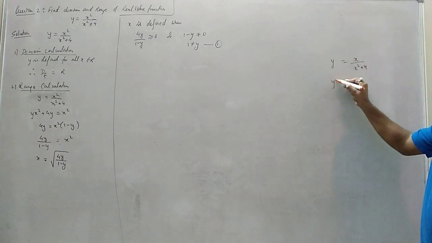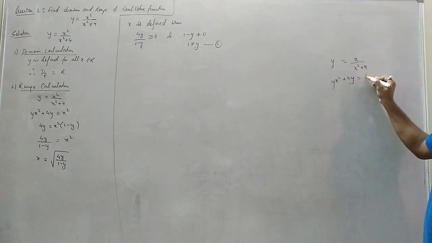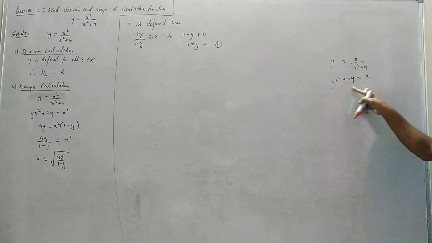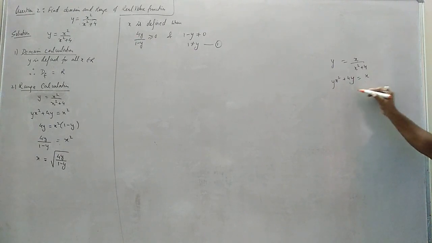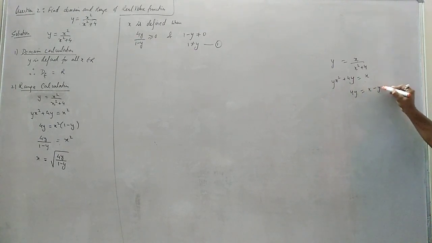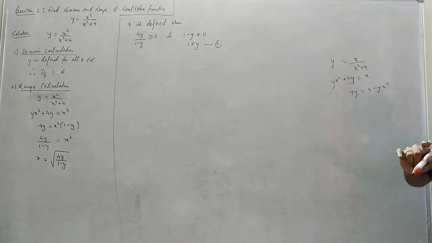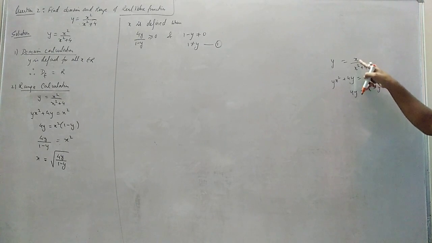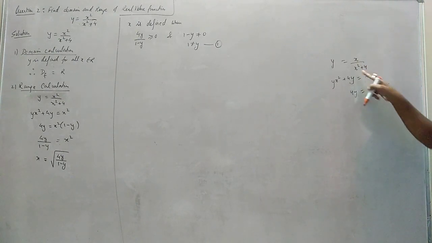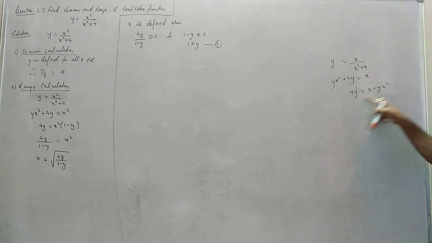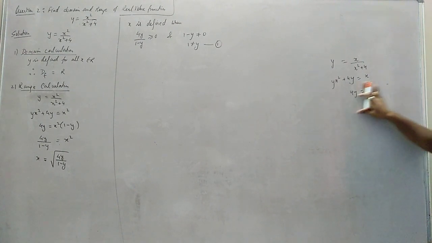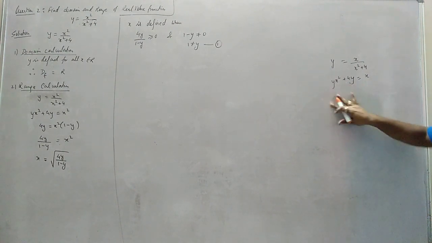So what will happen? y x square plus 4y equals to x. Now if you shift this to that side, will there be any benefit? Will common come? No, it will not come. There it was coming common because both were x square. If both were x, then also it would come out common. But if one is x square and one is x, then there is no use of shifting like this. So in these questions, you have to convert this into a quadratic equation.